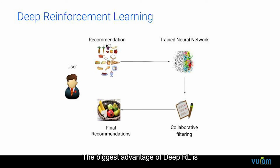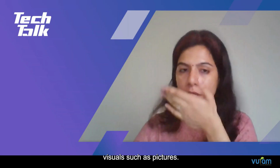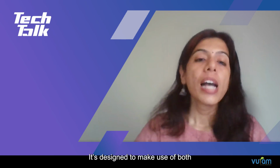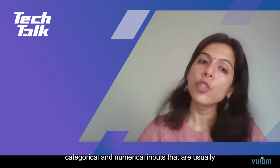Now, the biggest advantage of deep reinforcement learning is that it helps to eliminate the cold start problem or empower traditional systems like collaborative filtering. This feature is critical for e-commerce as most customers conclude their decisions by assessing the goods' visuals, such as pictures. The DLRM is a DL-based model for recommendations introduced by Facebook Research. It is designed to make use of both categorical and numerical inputs that are usually present in recommender systems training